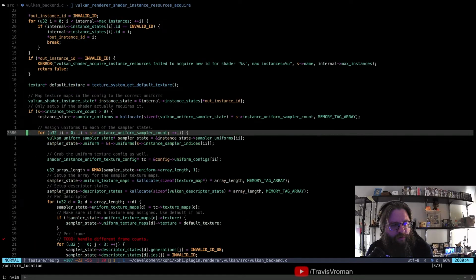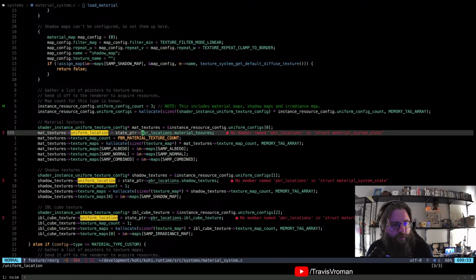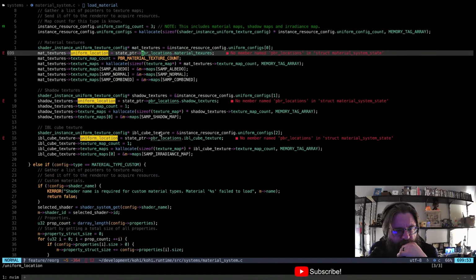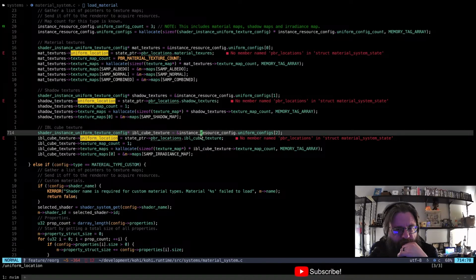Where did that... shader instance uniform texture config. Uniform configs.